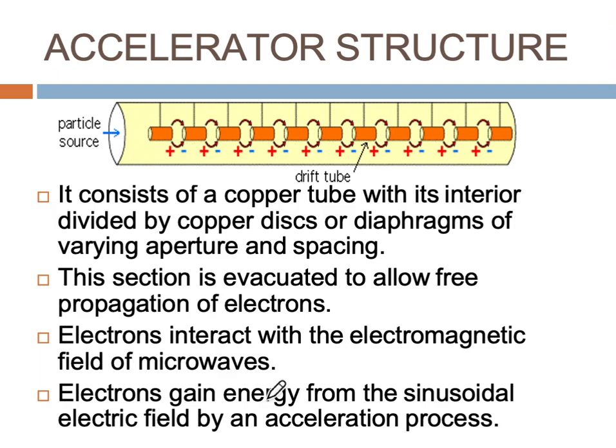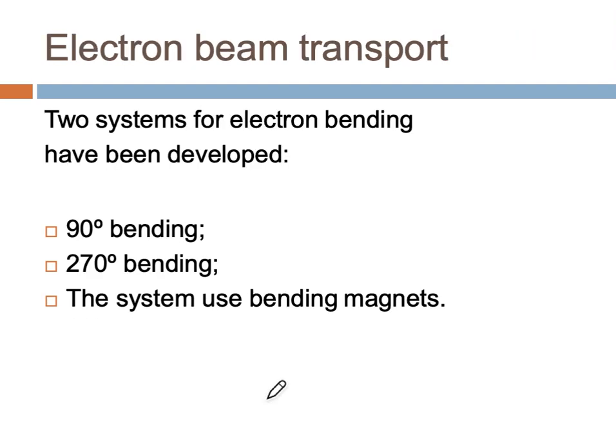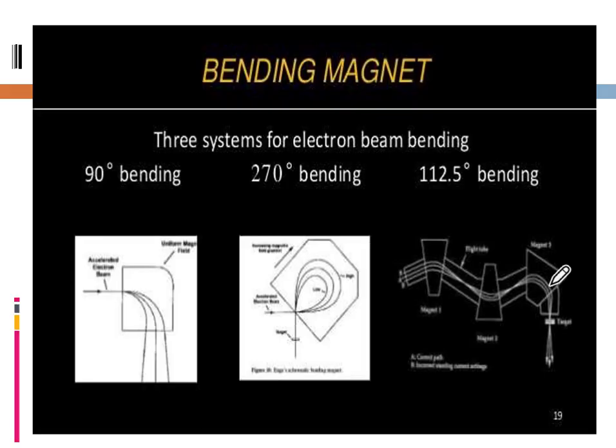Already we have learned how it works in previous slides, and whenever the accelerated beam comes out of this, we need to focus it on a particular target. So there are some electron beam transport systems. Once it comes out, we need to bend the accelerated energies of electrons. Here 90 degrees bending and 270 degrees bendings are there, and then this